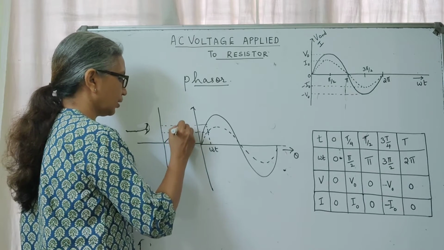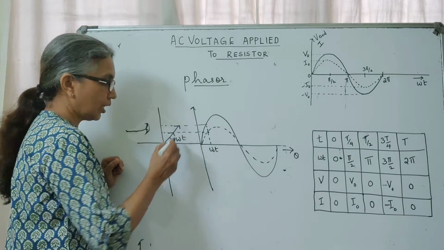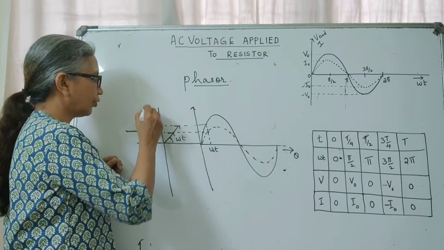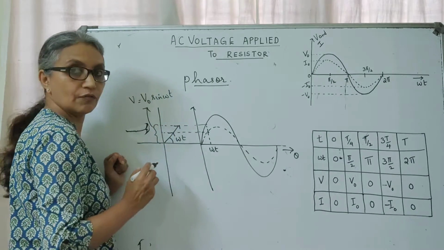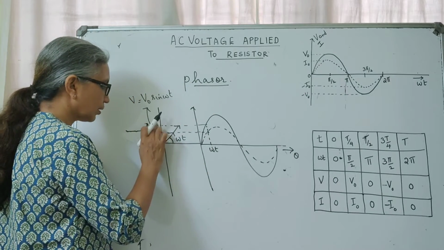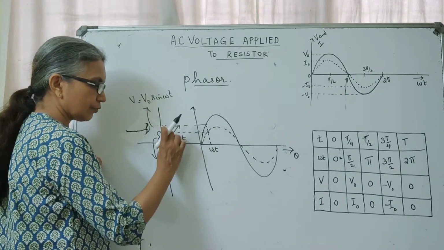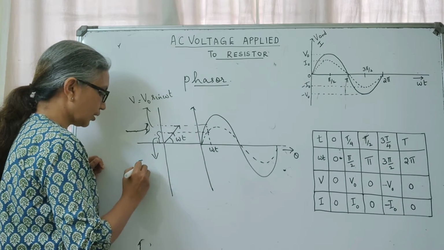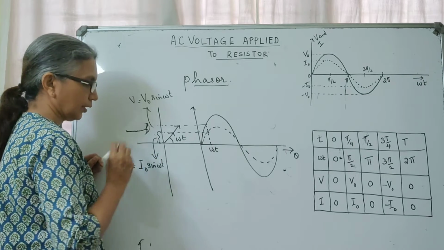So this is your phasor having covered an angle omega t, and the projection of this phasor here, this value, will give you V0 sine omega t, which is the instantaneous value of voltage at that instant time t, and this value here will give you the projection of this phasor. This is the current phasor and this is the voltage phasor, which will give you the instantaneous value I0 sine omega t at that instant t.